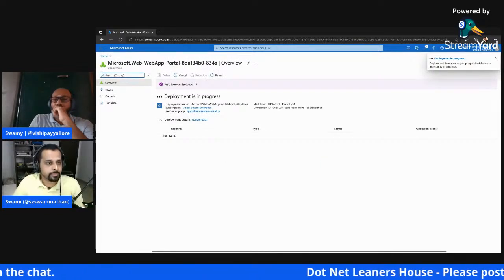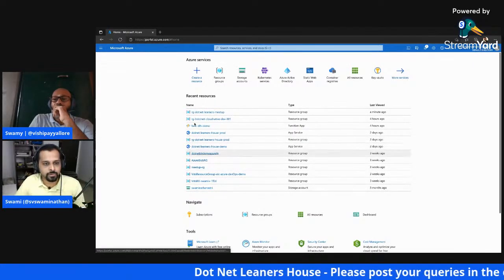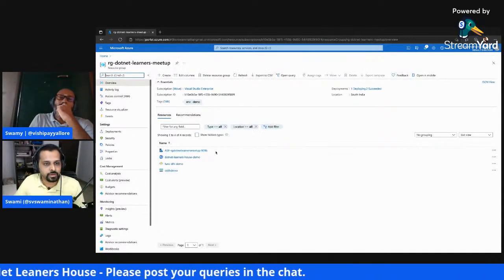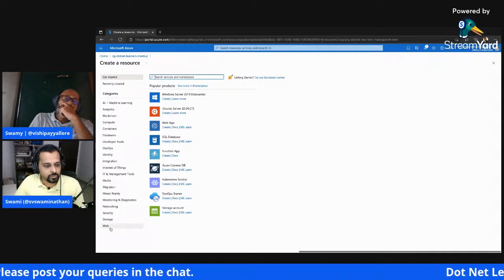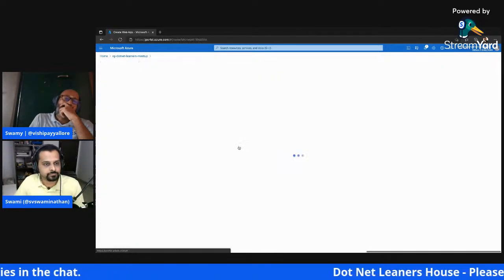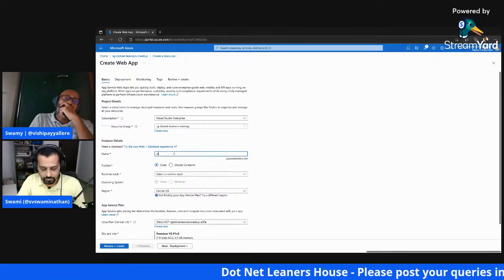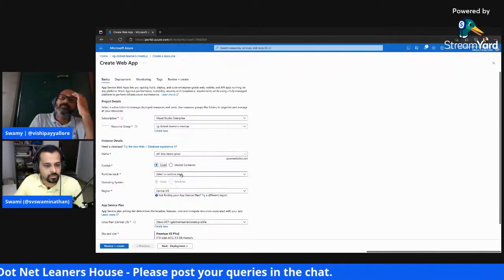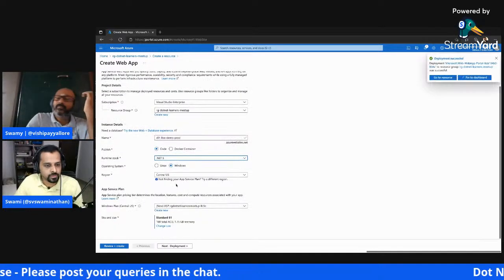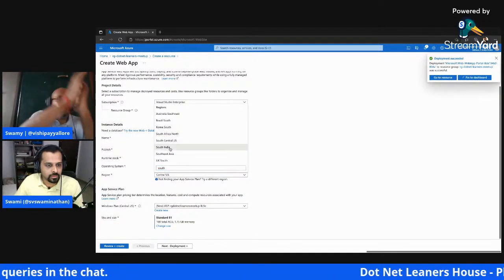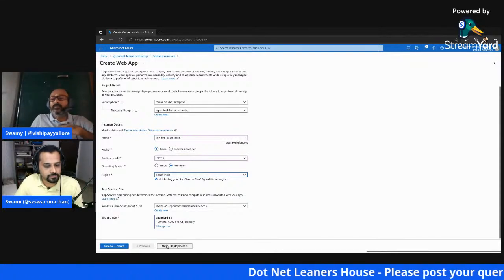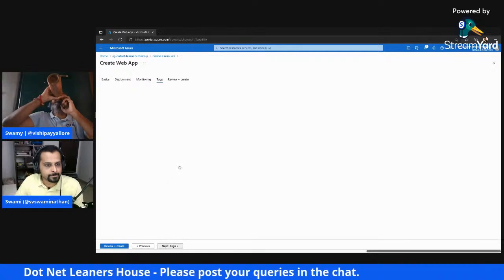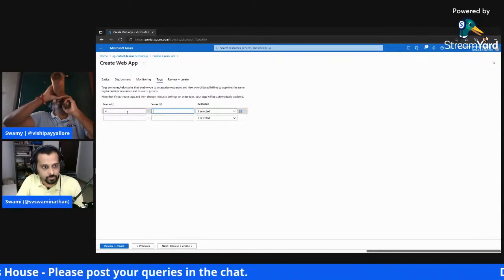application, right? As this happens, I'll also quickly create another app service just to mimic the lower environment versus non-prod versus prod kind of a thing, right? So I'm going to create another app service here, which would be used as a prod one. DLS live demo prod, right? Then I'll say .NET 5 and South India. All the specs are the same, I'm just doing this to mimic different environments, and here I'll just say environment: prod.